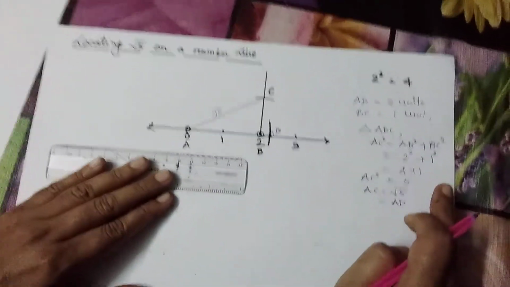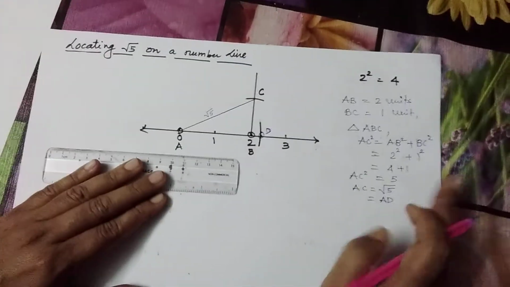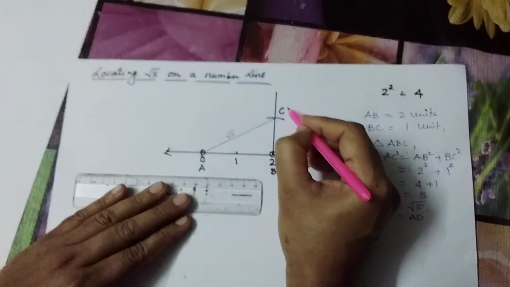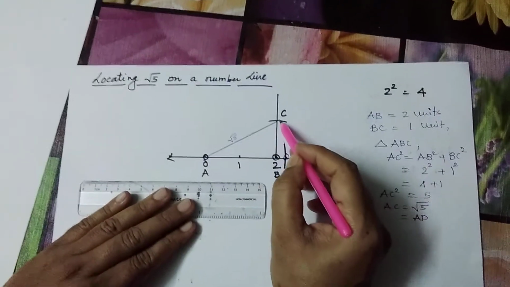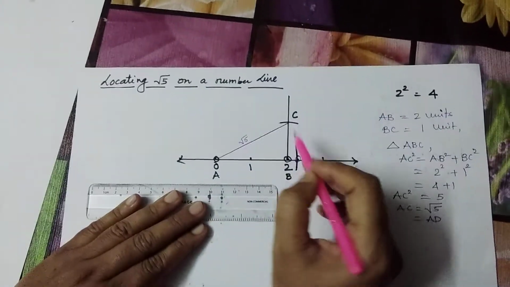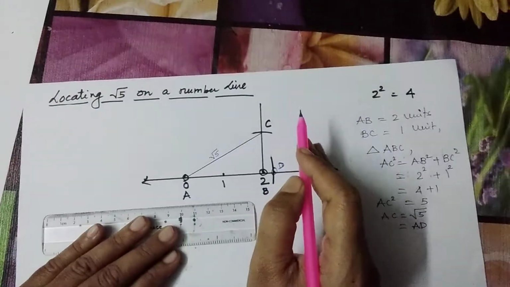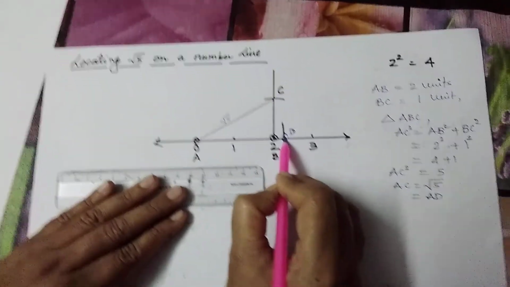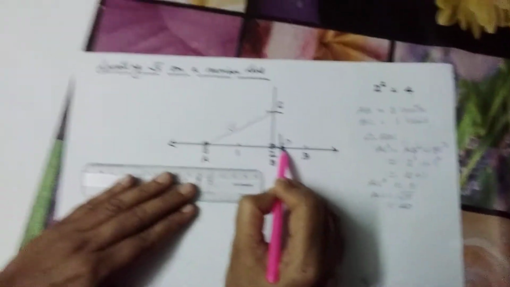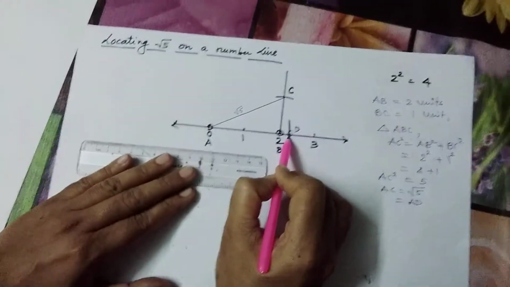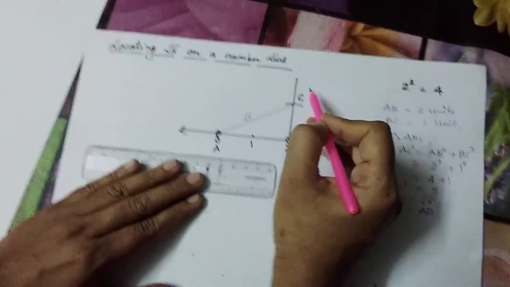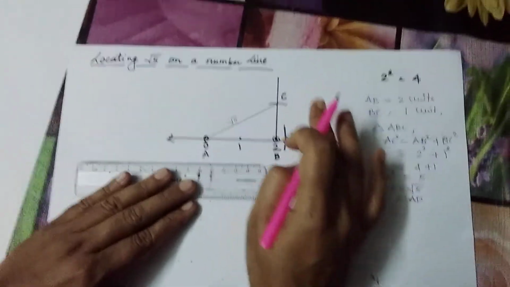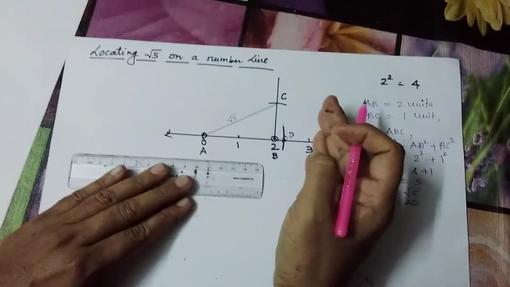This is how you may continue to find out square root 6, which we can start from here, point D. Just make a perpendicular. Always remember the height should be taken as 1 unit only. The perpendicular distance should be 1 unit. The base distances we are changing. Like if you are supposed to find out square root 6 on number line, then AD distance should be taken as base, which is equal to root 5. And the perpendicular should be 1 unit. So therefore you can locate square root 6 on number line, then square root 7 on number line eventually.